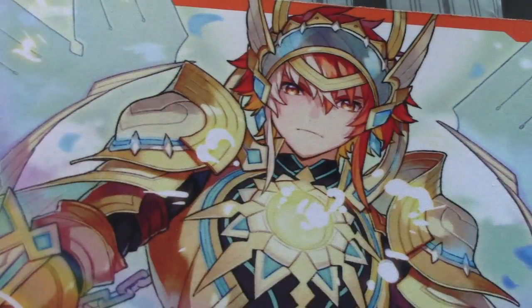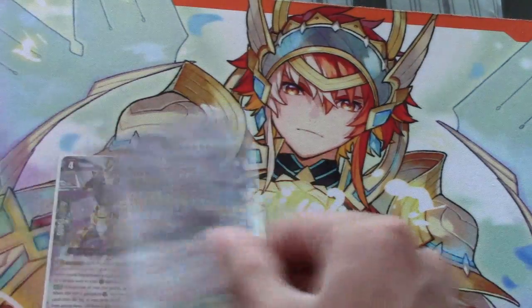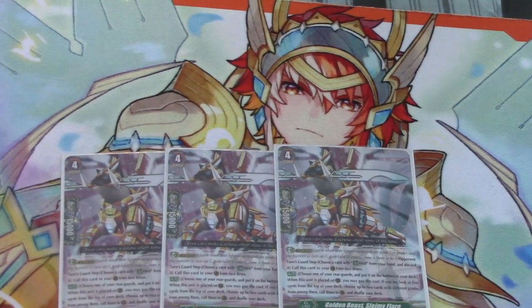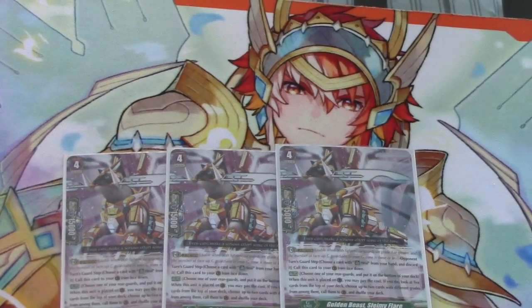On to my G units. For G Guardians, I run 3 Slimy Flare. Slimy Flare can pretty much become a 30k Perfect Guard Shield, because Slimy Flare's skill is you choose one of your rear guards, you put it to the bottom of the deck. When he's placed in Guardian Circle, you may pay the cost. If you do, you look at the top 5 cards of your deck, search for up to 1 card from among them, call it to Guardian...